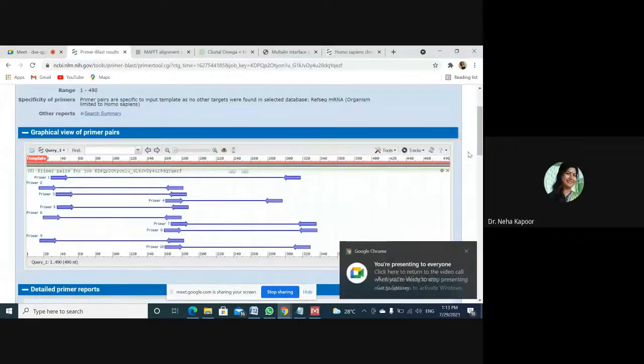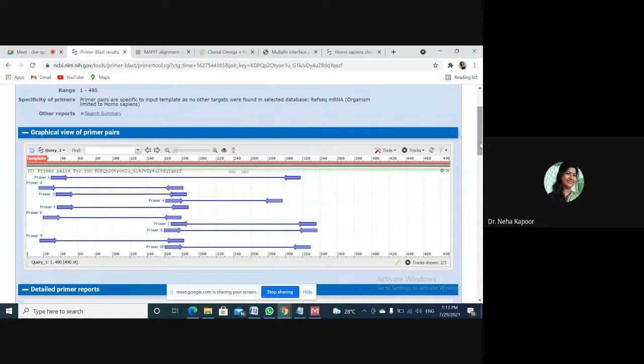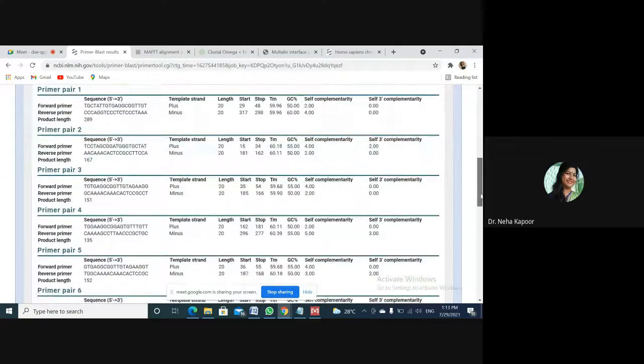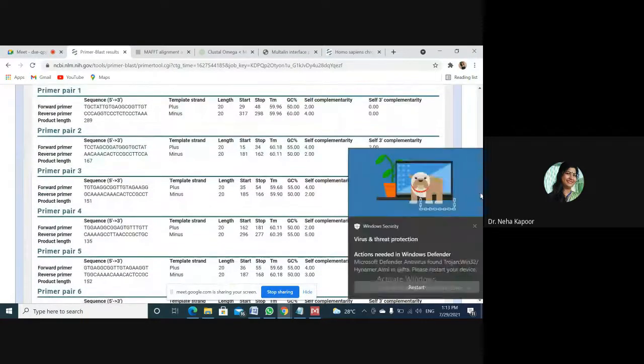See, so you have got 10 sets of primer pairs. Primer 1, primer 2, primer 3. Now go to detailed primer report. Scroll downward. So here you can see the primer pair 1. So there are two primers, forward and reverse.